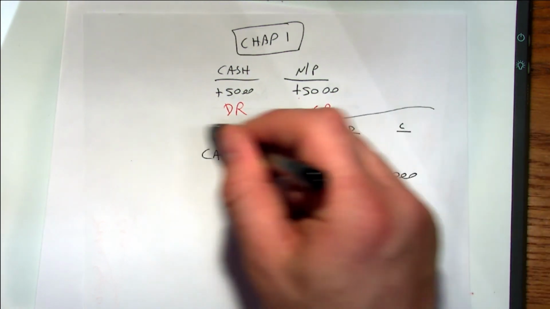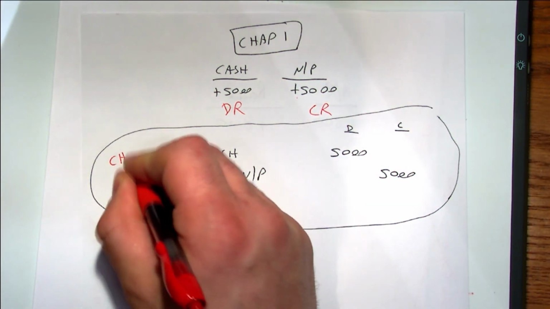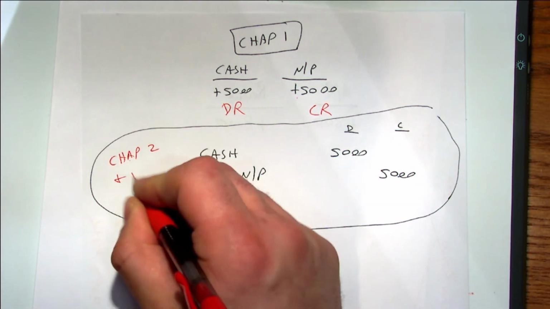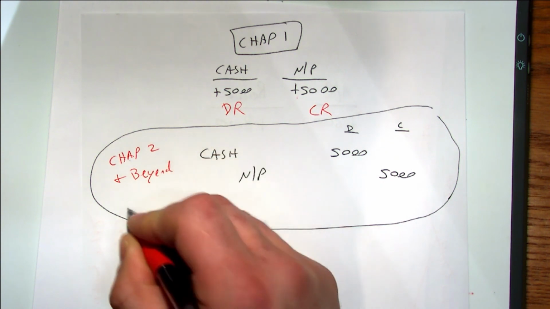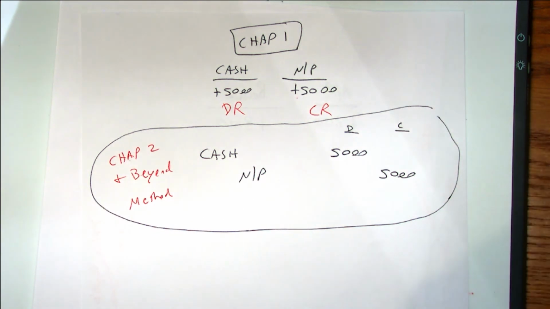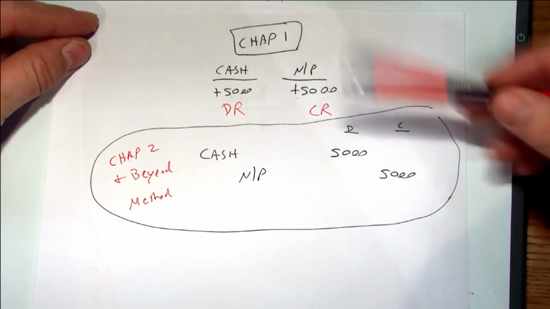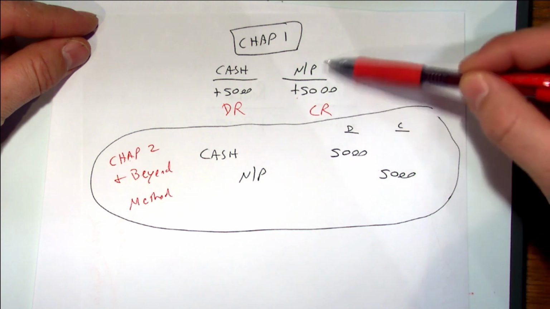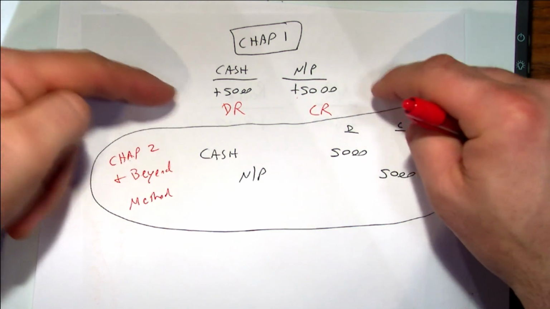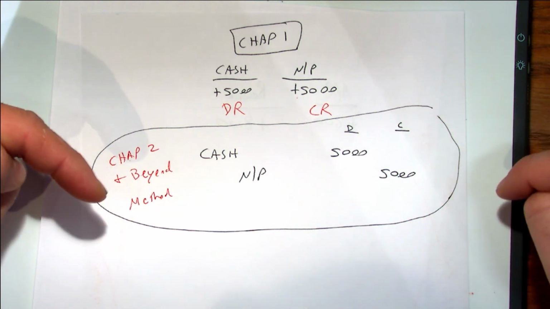So this right here, that is the chapter 2 and beyond method. This was the chapter 1 method. So I'm going to ask you to make journal entries, but folks, if you are having trouble, don't shortcut it. Just do it the chapter 1 way, then ask yourself, how do you affect that change in those accounts? And you see how that guides you into making this journal entry? You see that? Okay?